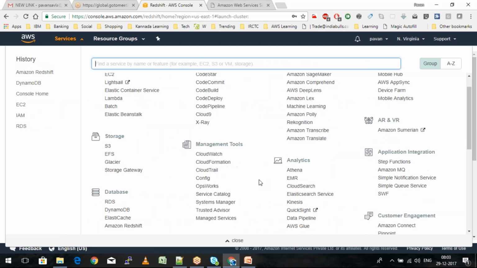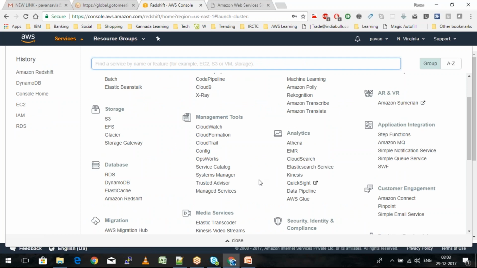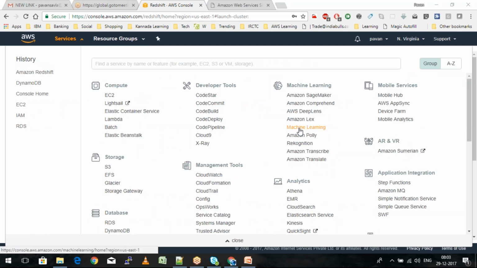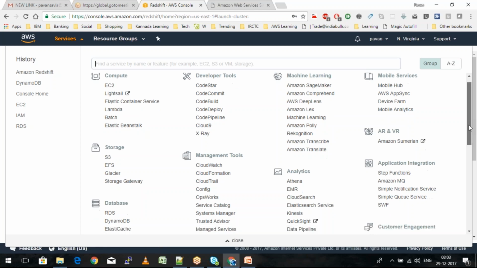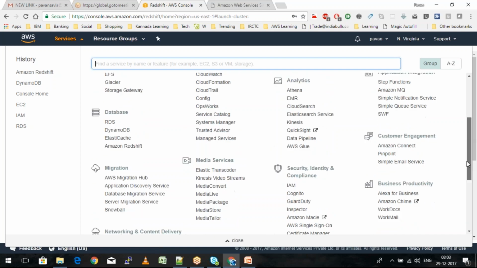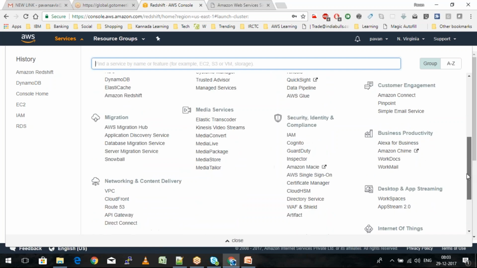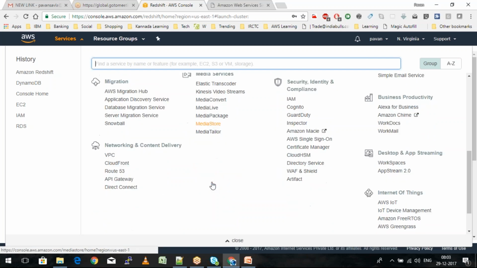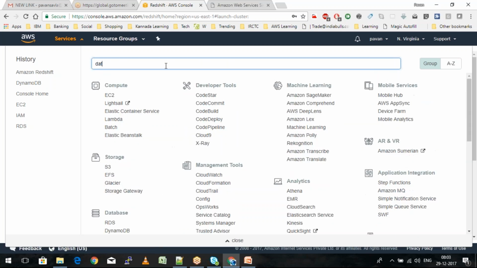Let me show you here. Okay, so we have something called Data Pipeline.